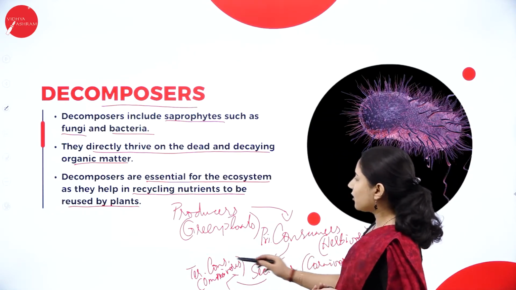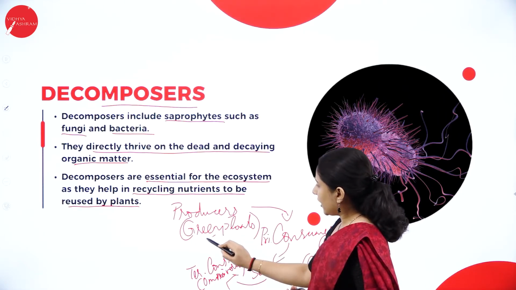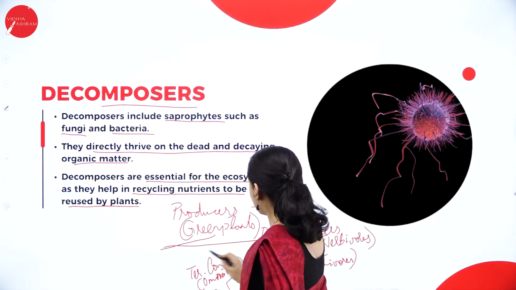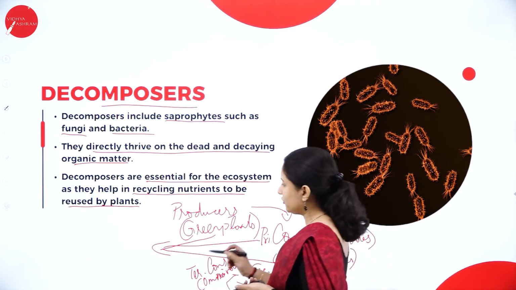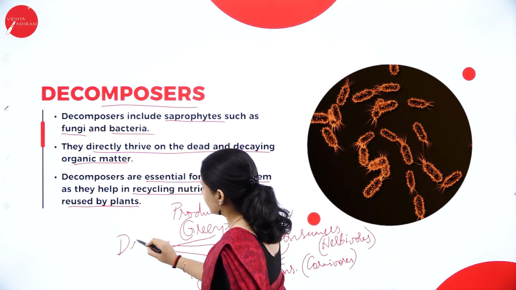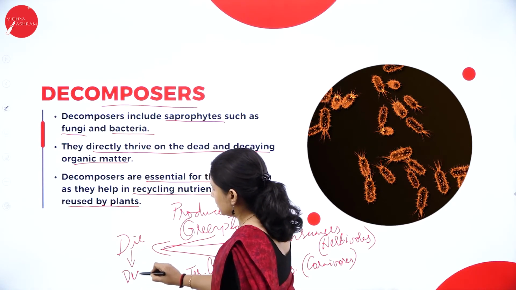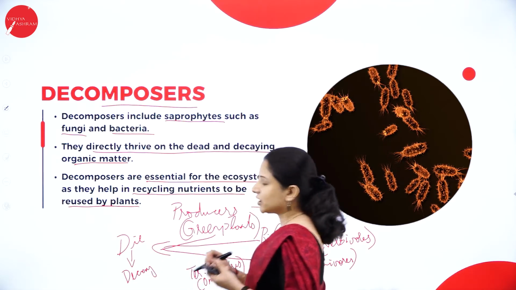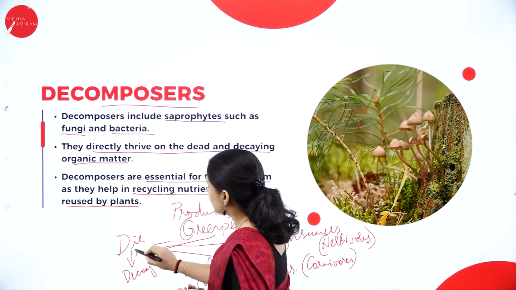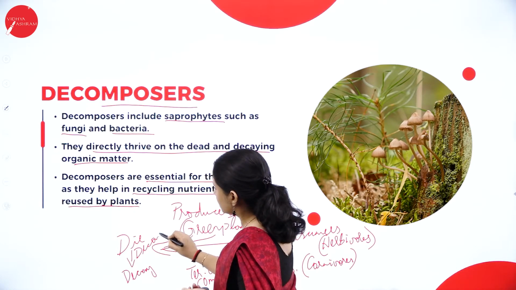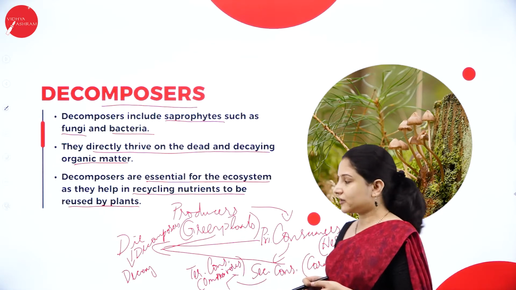Now all these organisms are there, right? So at the end of the day, they will die. All these, they tend to die. Nothing is immortal. As I told you, they will die. When they die, they need to decay. So if they need to decay and rot and merge with the soil, then the decomposers are needed. So that is a function of the decomposers, that is the saprophytes, fungi and the bacteria.